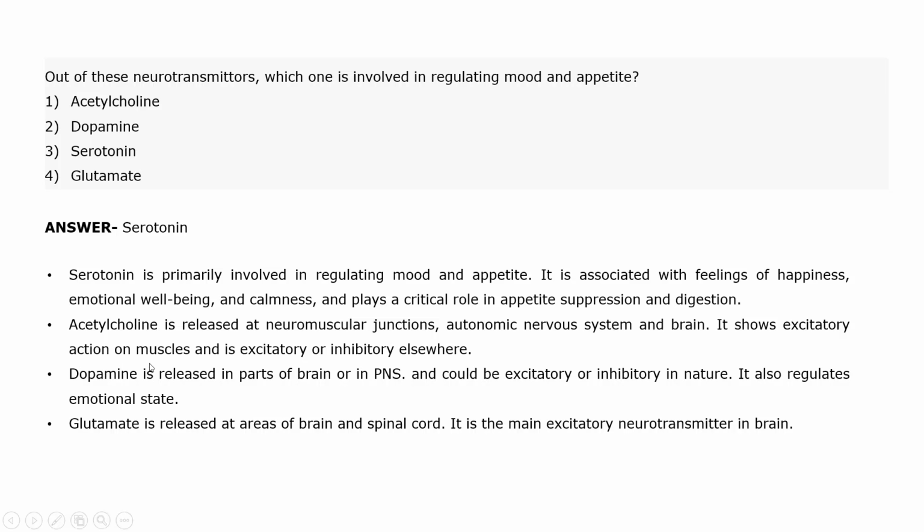And also in case of dopamine, it is released in the brain, that is the central nervous system, as well as in the peripheral nervous system, and it has both excitatory and inhibitory function. It also regulates the emotional state or well-being of that particular individual. While glutamate is present in the brain as well as the spinal cord, and mainly in the central nervous system, that is the brain, it is excitatory